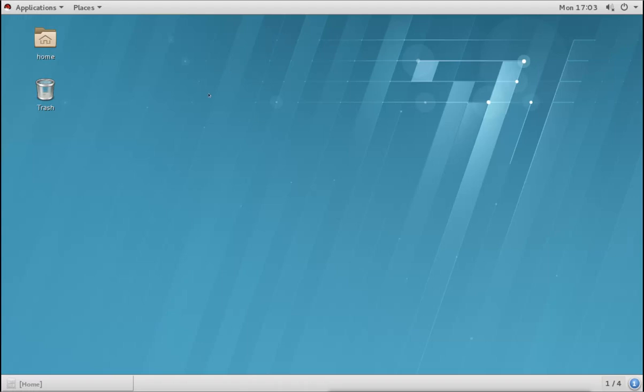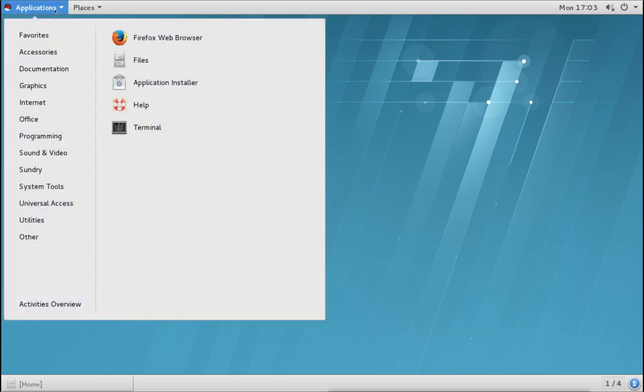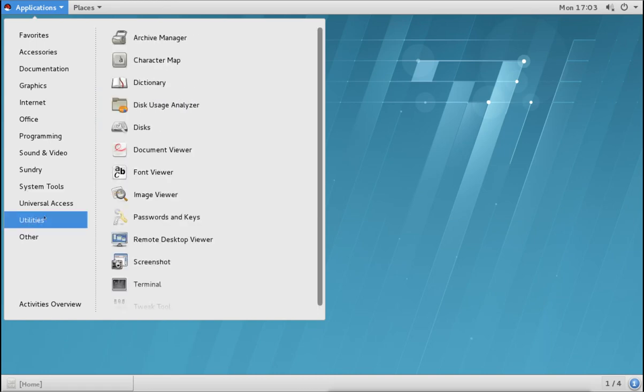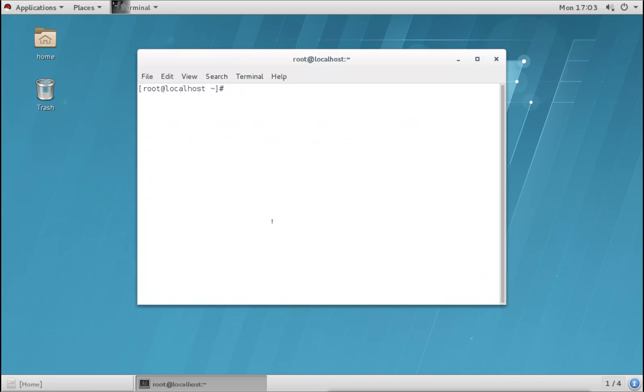Now in a graphical terminal, for example, we are logged in as a graphical. So if we want to run some commands, then we have terminals. We can go to Applications, Favorites, and we have this terminal available. It is under favorites. The real location for this is Utilities. Under Utilities you have Terminal. So we can open the terminal here, and here we can run all the commands.